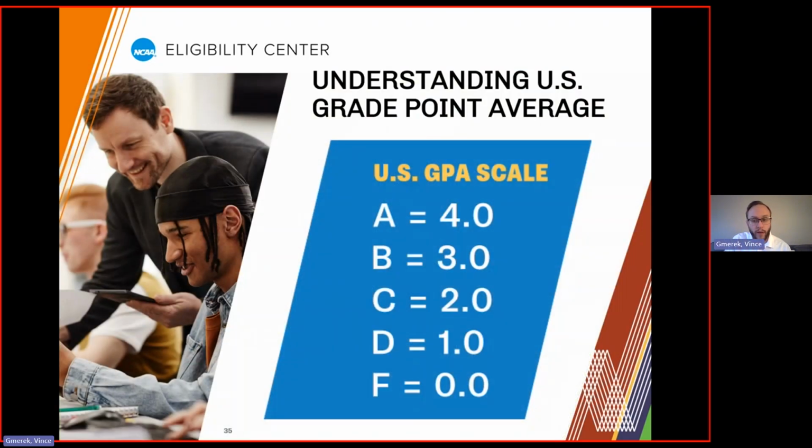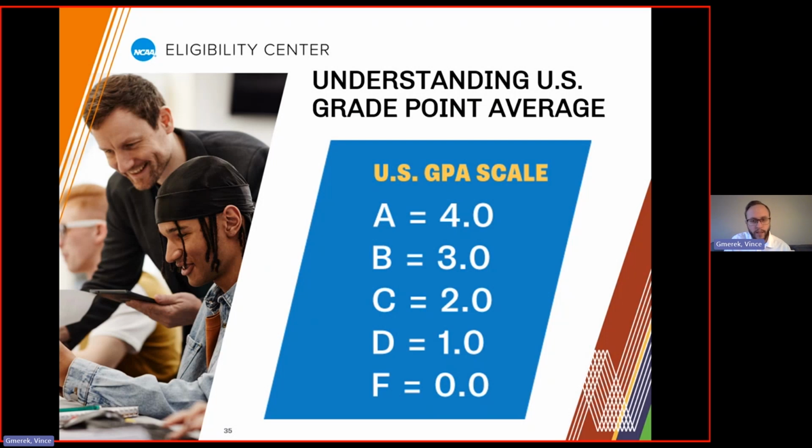So it's important for you to have a rough understanding of how the GPA scale works, but it's not extremely important for you to have specific information regarding exactly how the GPA scale works. The nice part is when you register with the Eligibility Center, one of the main services we provide is that when we attempt a certification on your account, we accept your documents, we review those documents, and we award the grades from the courses on your academic credentials. And then once all that's done, our system will provide your core course GPA for you. So you don't necessarily need to know this, but here is a rough breakdown of how GPAs in general work.